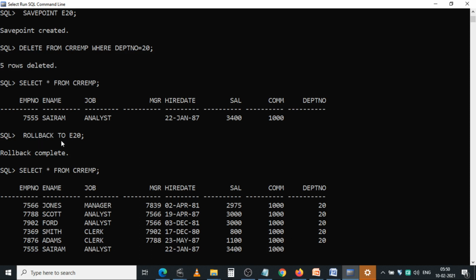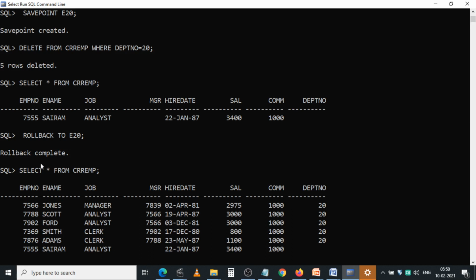So rollback to E20. What happens here now? E20 is the save point for the delete command, delete from EMP where department number equal to 20. So only that operation is to be rolled back.